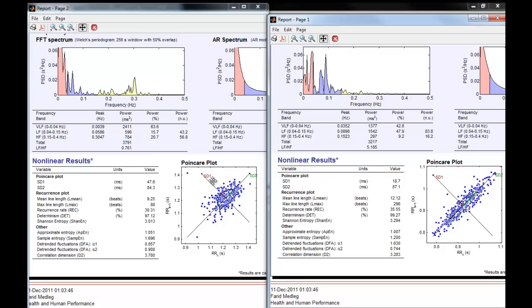With high heart rate variability, you have a greater SD1. With low heart rate variability, you have a greater SD2. And we can see this by quantifying the length of these axes. You look at the table on the left-hand side, and SD1 for the supine position is 47.6. SD2 is 84.3. If you move over, the SD1 of the standing position is 18.7, almost 3 times less, while